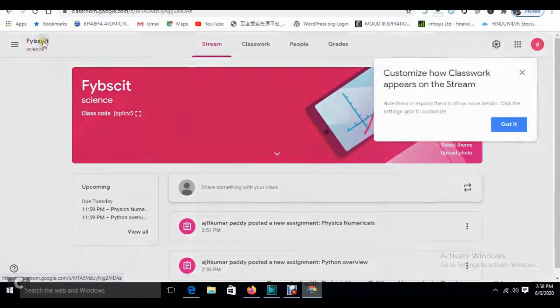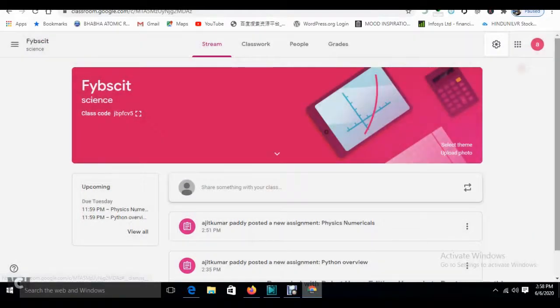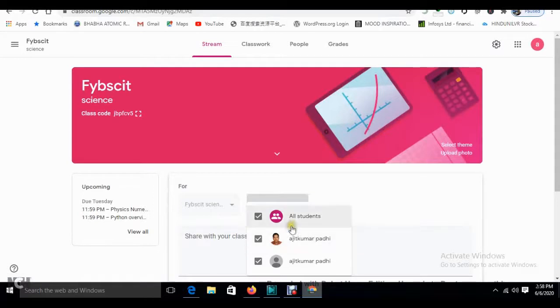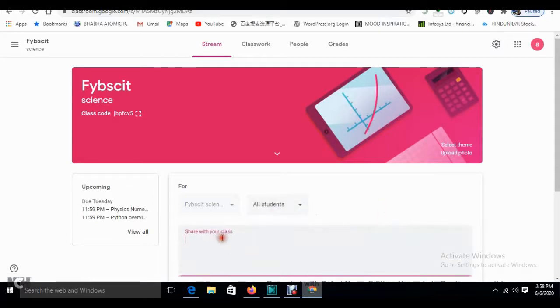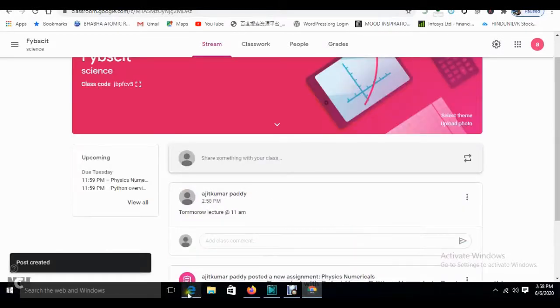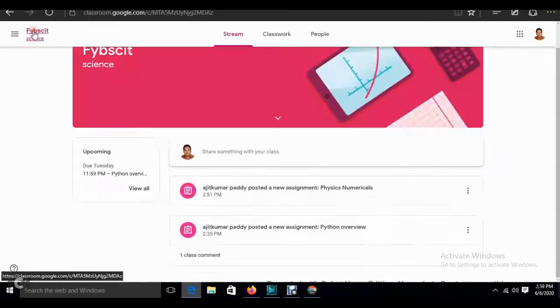And see, one more thing is there, 2 things are there. See over here, if you want to make any announcement, as I am a teacher, announcement to students, this student, that student, or all the students, then you can make an announcement over here, a public announcement like to all students that tomorrow lecture at 11 AM like this, then post it. Okay, when you post it, see over here in both these students' portals, it will show